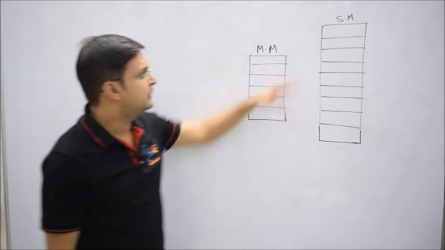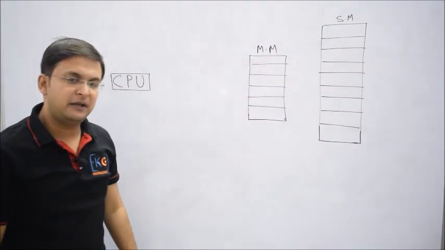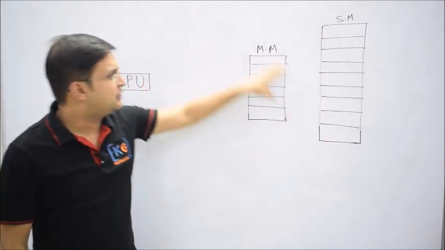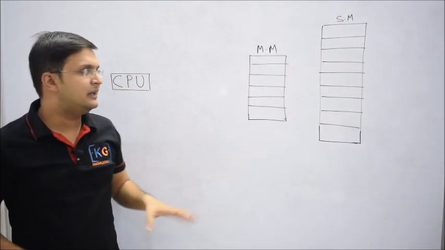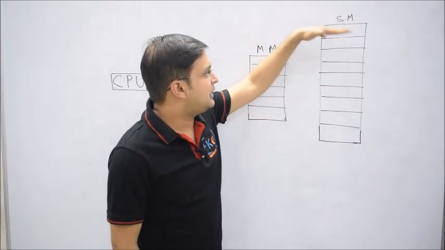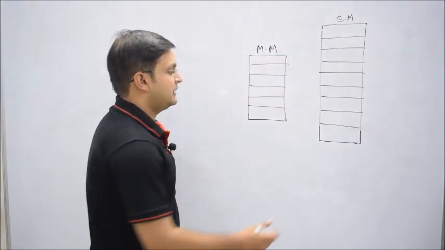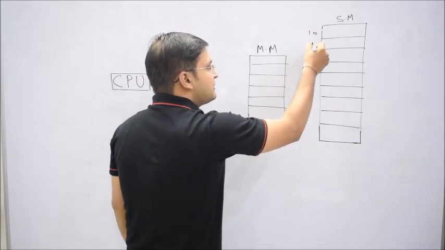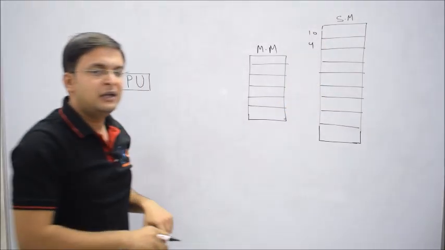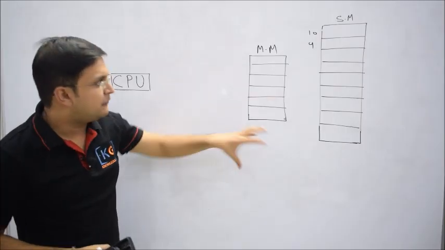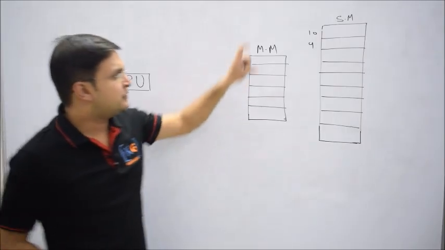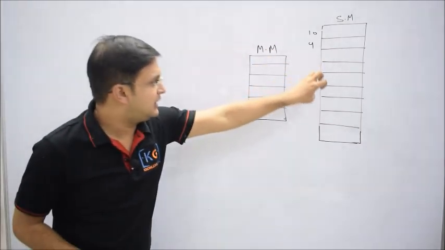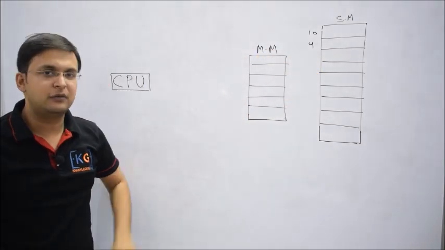So now you understand there are some number of partitions in secondary memory. Now imagine if each partition is of a different size. Suppose I say that is okay, I'll divide secondary memory into some partitions, but suppose this partition is 10 units, this partition is 4 units, and so on. Will it be easy to maintain these kinds of partitions? The answer is no, because if you have different size partitions, then placing these processes from secondary memory into main memory will be a difficult thing to do.